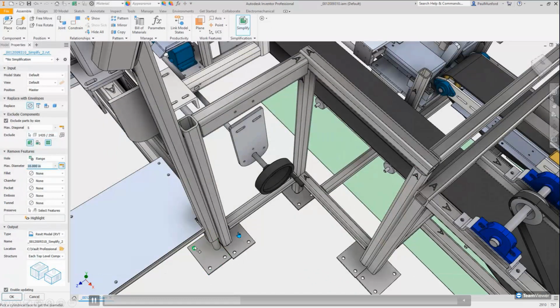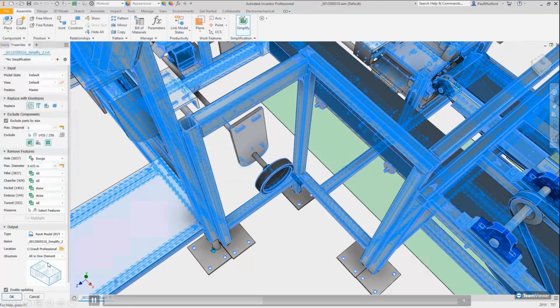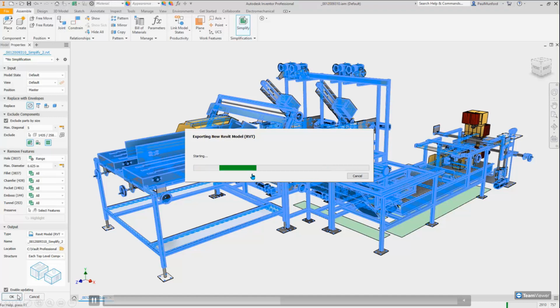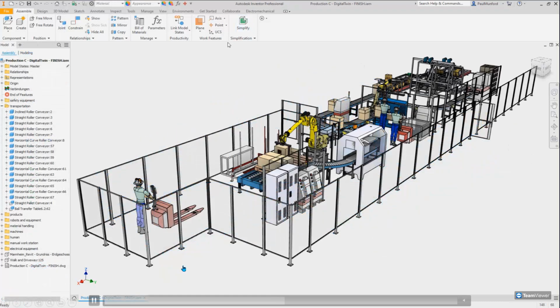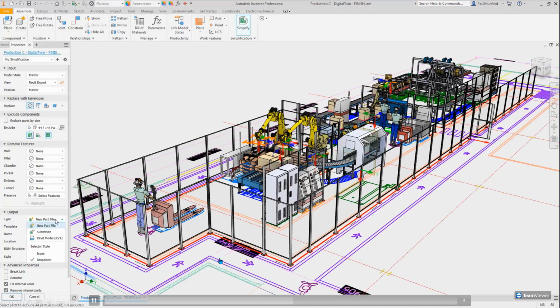As Aldred mentioned, we can also choose to exclude specific features. So exclude holes that are smaller than the mounting holes on the feet, preserving those features for use in the Revit model, let's say for drilling in the slab or position. Then going through the Revit export to export that file out. In this instance,